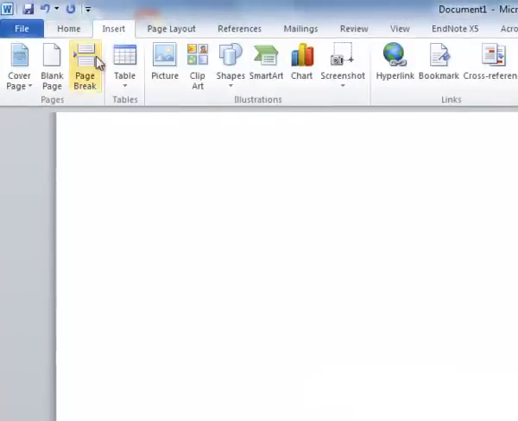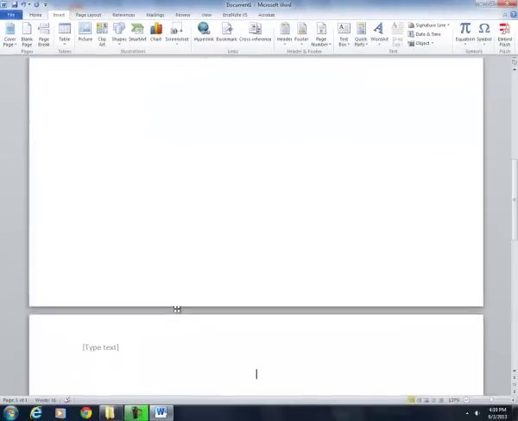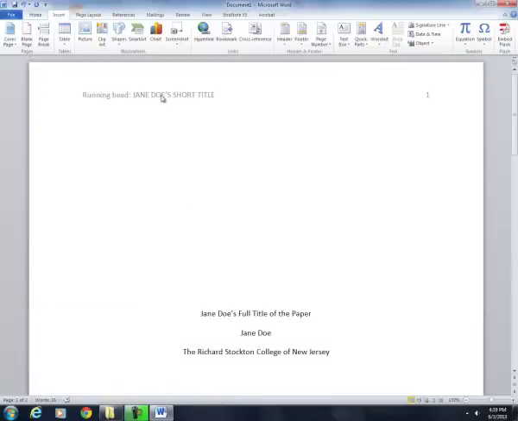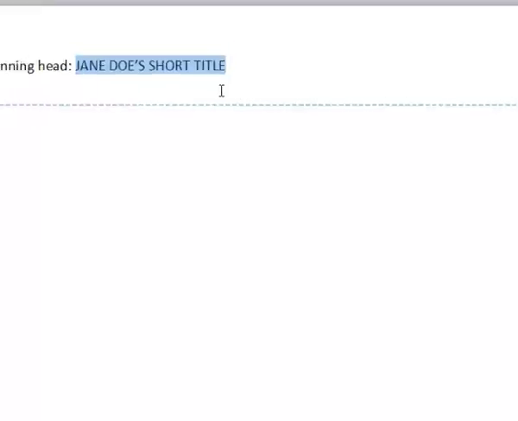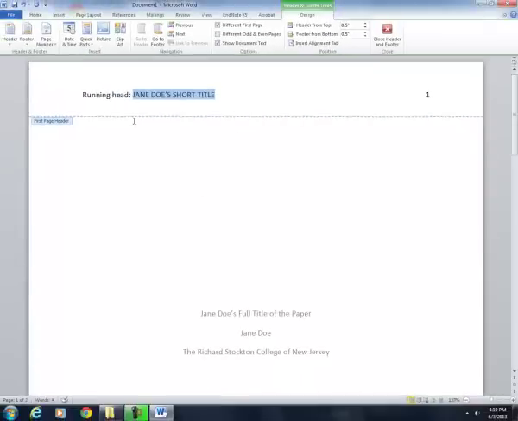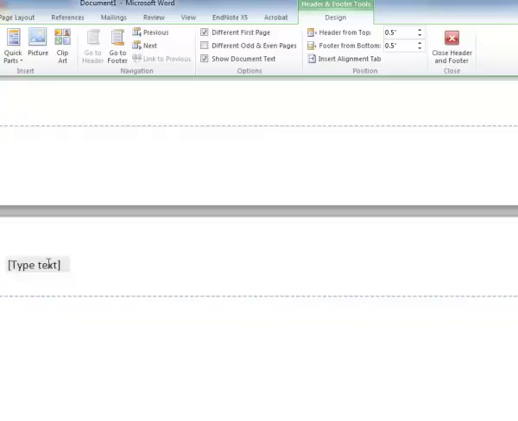Now, to move us down to the next page, I'm going to click on the Insert tab, Page Break, and this moves us to page number 2. But before we begin typing anything here, we are going to want to make sure to include our next running head. Now, what makes the second page different from the first page is that we do not include the words running head. This is only included on the first page of any APA style paper for that matter. So what I'm going to do is paste in my shortened title, and again it's all in caps lock,